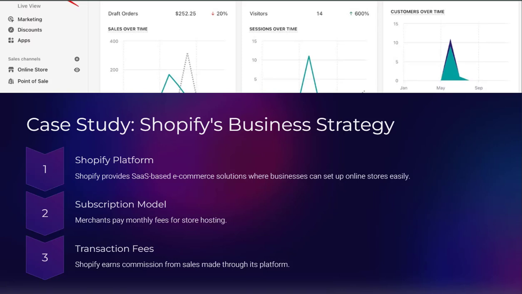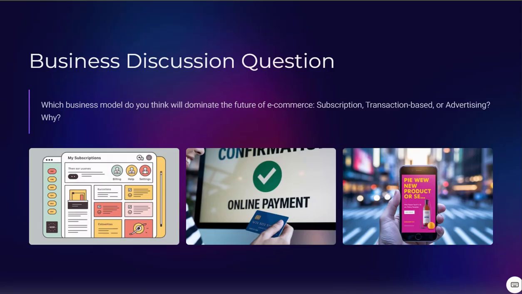This combination of recurring subscription revenue and transaction-based revenue is a key part of Shopify's business strategy. The Shopify platform makes it simple for businesses to establish an online presence and start selling products and services, right? So the key here is to build an online store on a platform, to enjoy the services and infrastructure available to start selling online faster and more effectively.